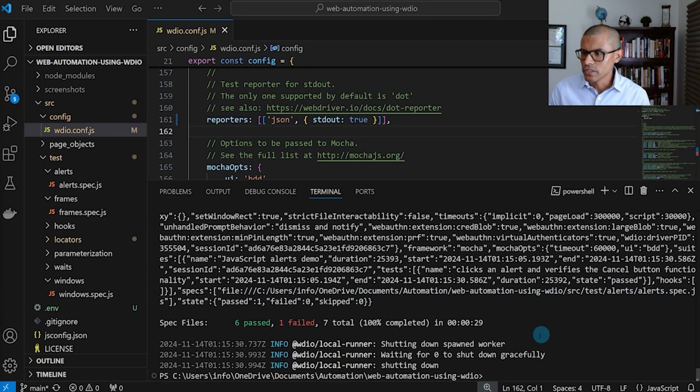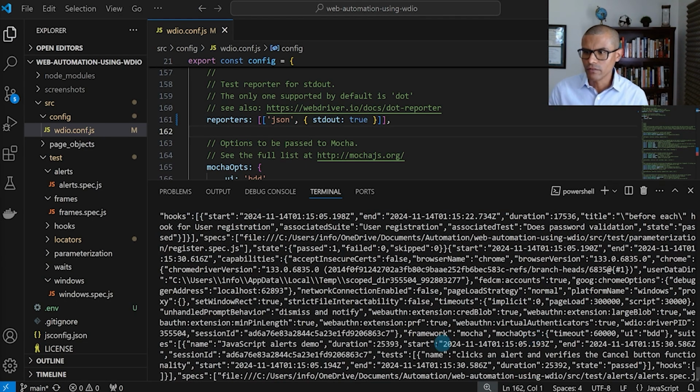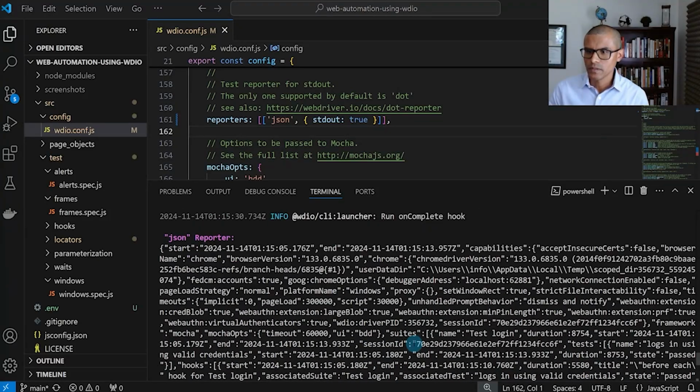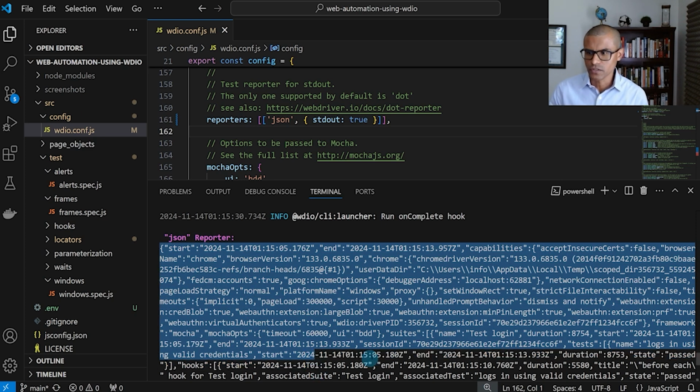So my tests are done running, and as you can see here, we have a lot of JSON information right here. Let me scroll up. So here we have the JSON reporter, and this is all of the JSON information from our test execution. This is probably not as useful. So what I'm going to show you next is how to put all of this into a file. So let's go back over here,